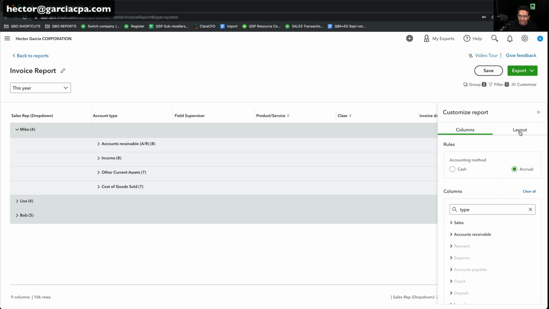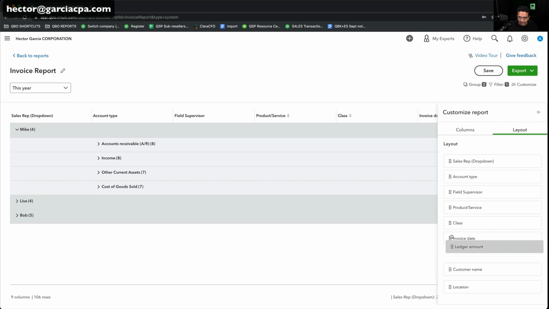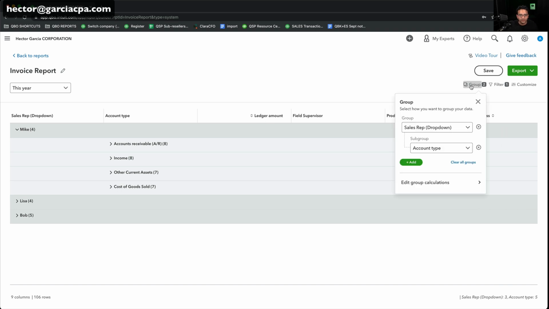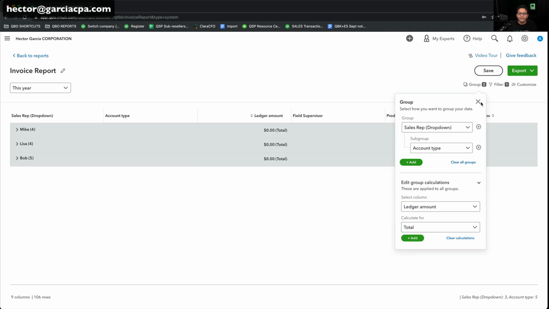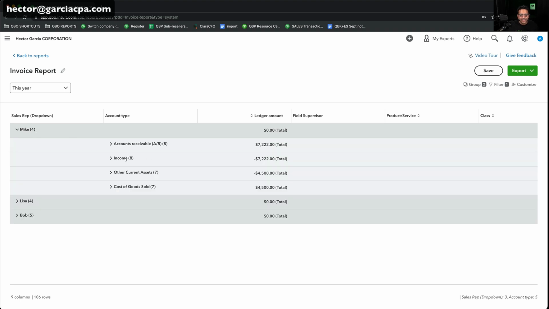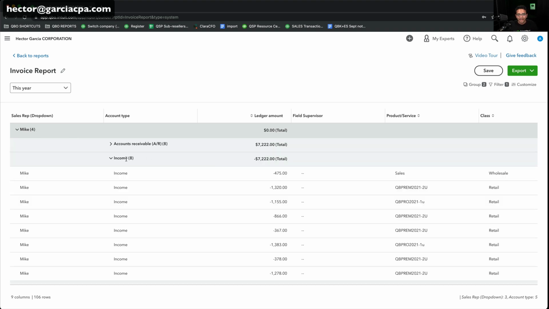Let me go to customize and layout and bring the ledger amount to the top here and make it easier to read. By default, QuickBooks' custom reporting tool doesn't sum up or total ledger amounts. So you're going to have to go into group, click on edit group calculations, and select ledger amount and total, because it only by default totals regular amounts, but ledger amount, which is a line item level, you might want to do that. So I'm going to open that up, and then I can open this,